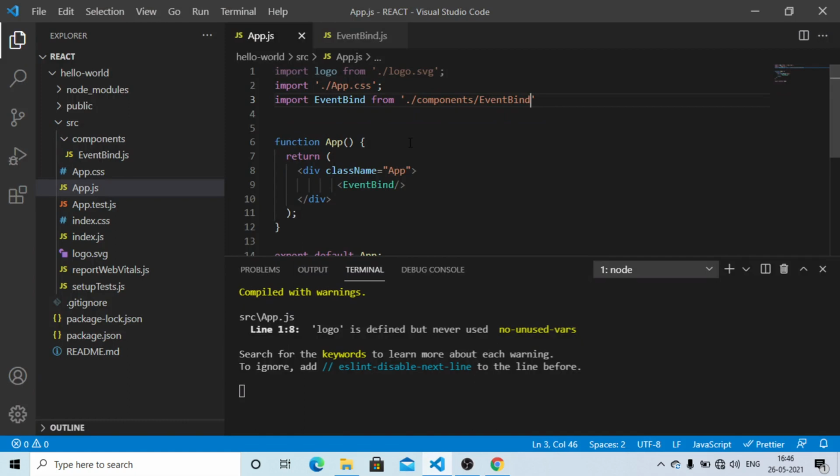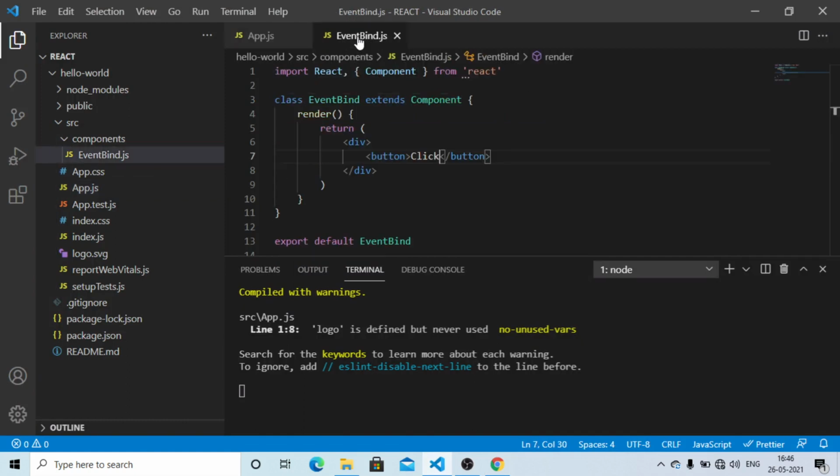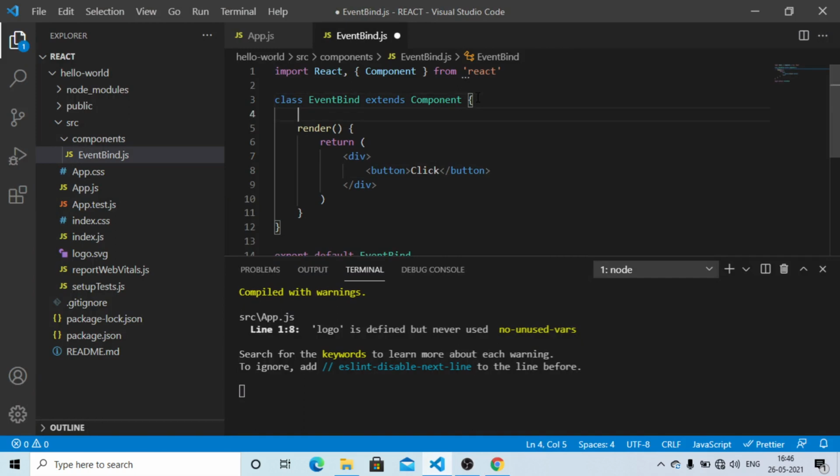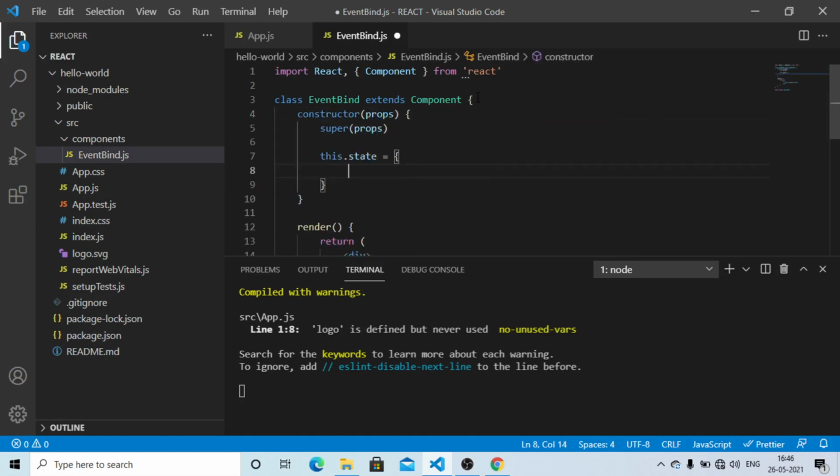Now we are going to create a constructor just before the render method in the event bind class using the React snippet r const and tab. The constructor will have a call to super with props as a parameter, and we will have a property called message initialized to hello.